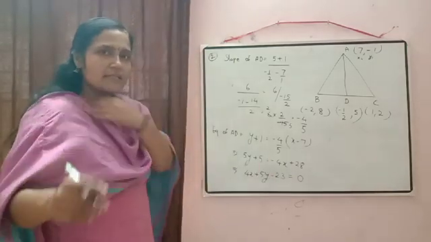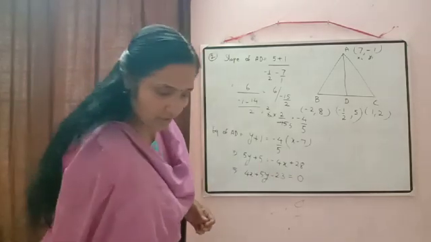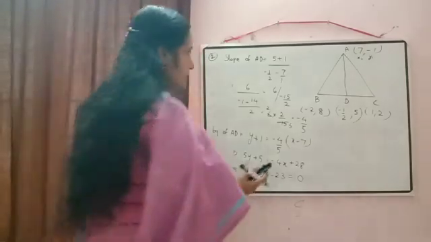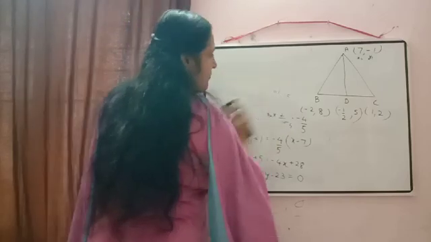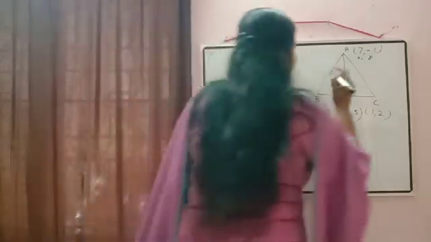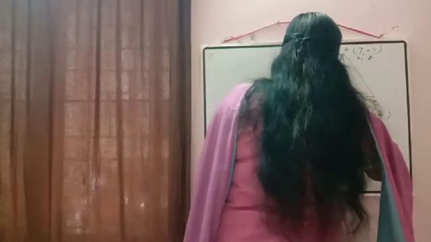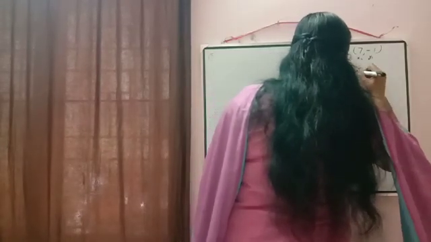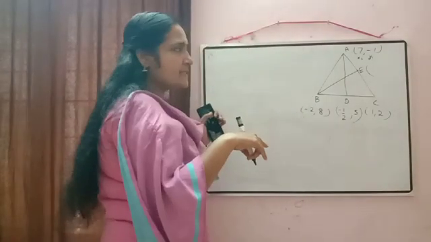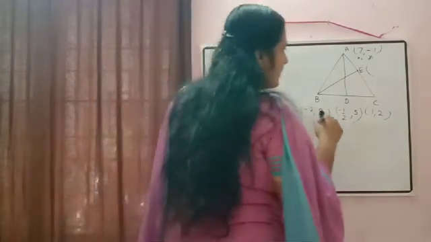So I hope this question is clear. Okay, now it is not over. We have calculated the equation of one median only. In the same way we can draw the median from the point B also. Now I am drawing the next median BE. Then E will be the, yes, E is the midpoint of AC. So first we can calculate the coordinate of E.